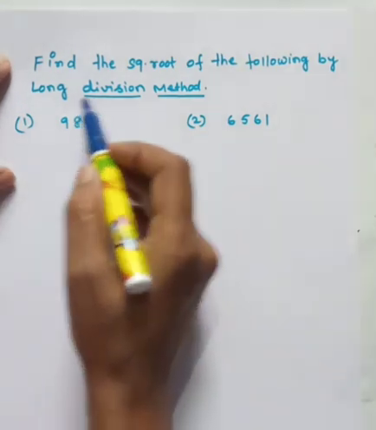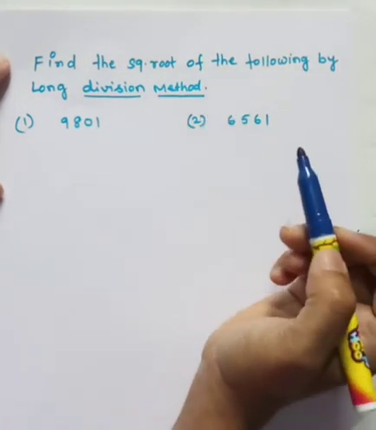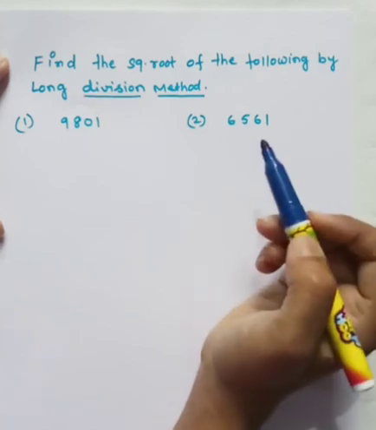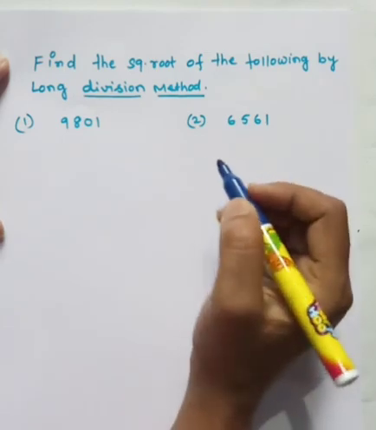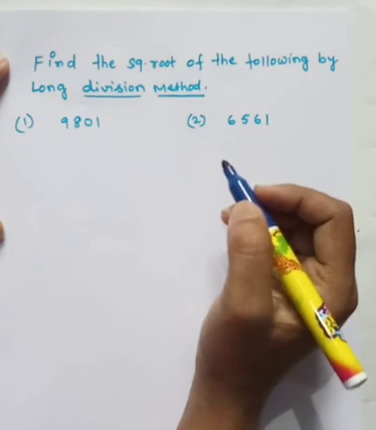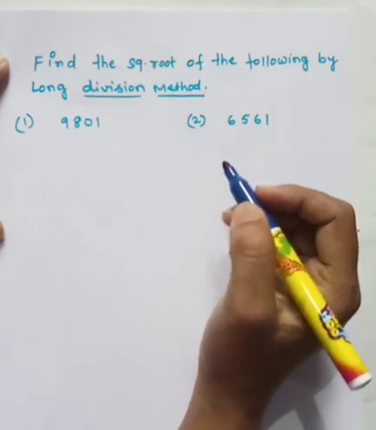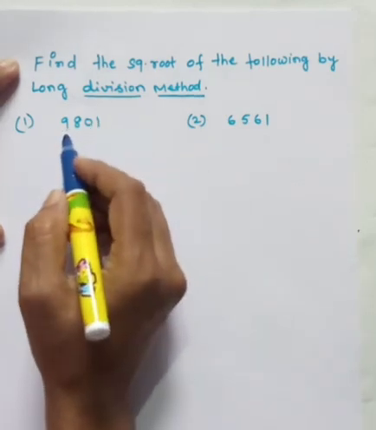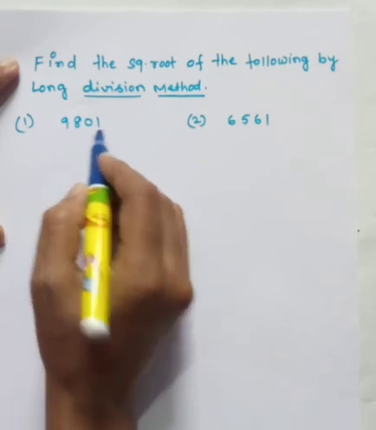See how we can find the square root using the long division method. I have already described the steps in the video which I have made for the concept, and you have already gone through it. Let us practice the worksheet so that the steps become easier for us. Unless and until you practice, you cannot learn the steps. Okay, so let us see how we can find the square root of the first one, that is 9801.